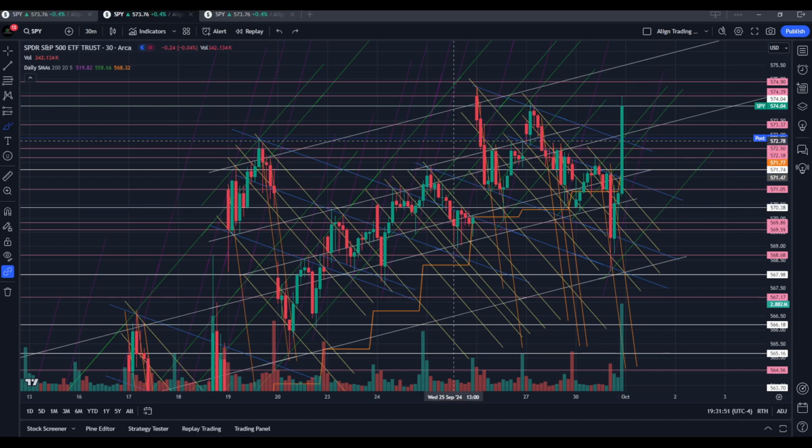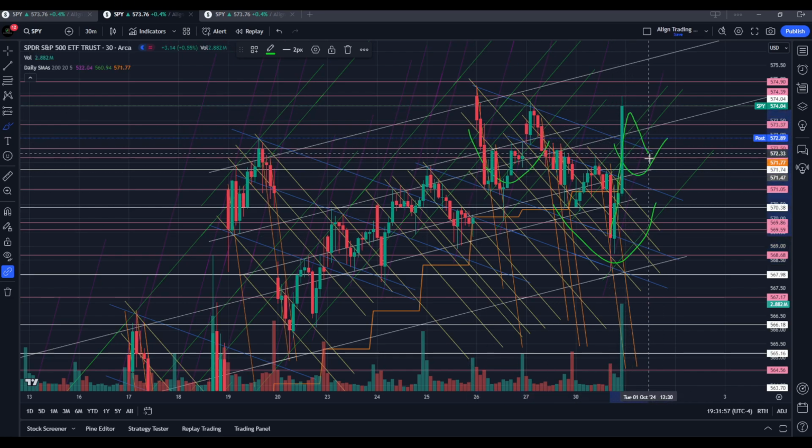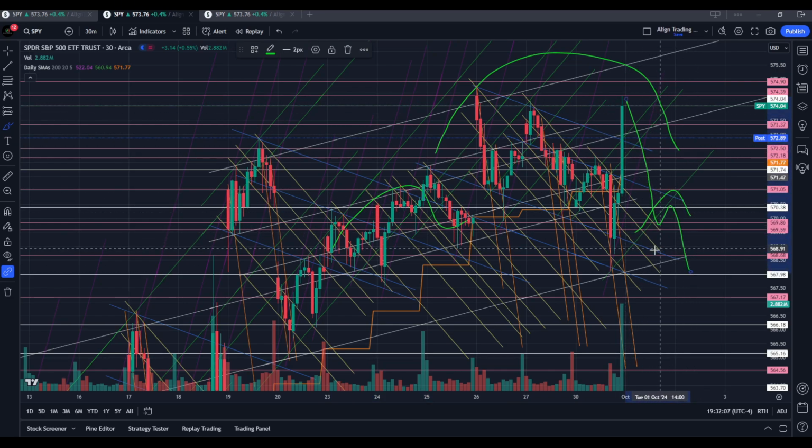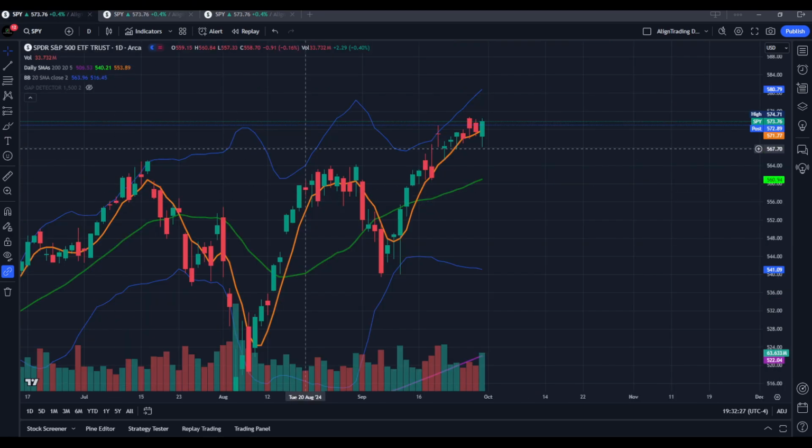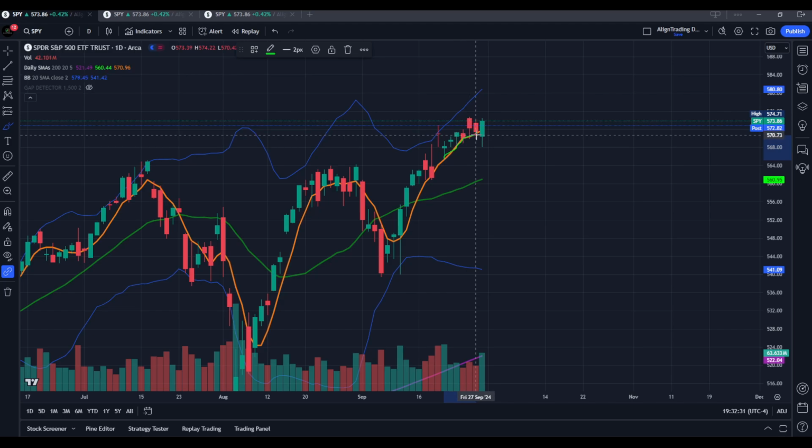But you can see in terms of the larger structure right here, we are heading back up, grabbing this liquidity right here, and we can absolutely continue this. Otherwise, you have to be ultimately seeing us back below that 5-day moving average, and we have to form something like that.